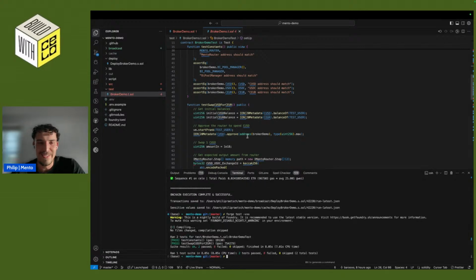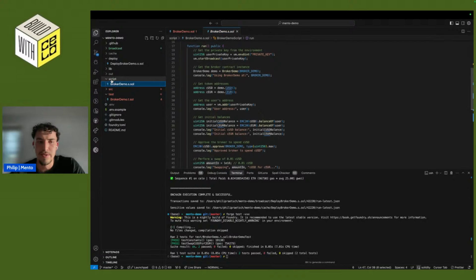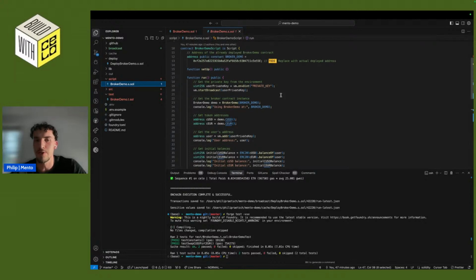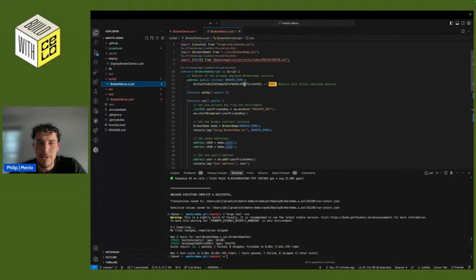So now, since the tests are green, we can actually perform a swap. Therefore, there's also a script folder, which is a simple script which will create some transactions. So what's happening here? Let's replace this address with the broker demo contract we just deployed.